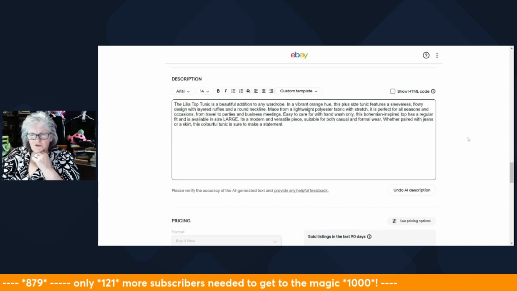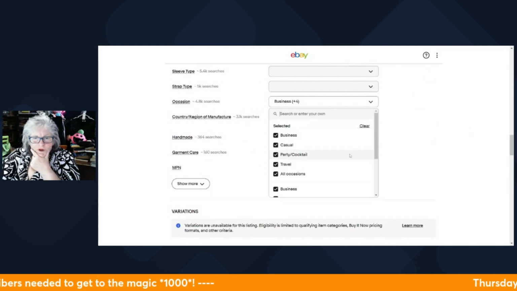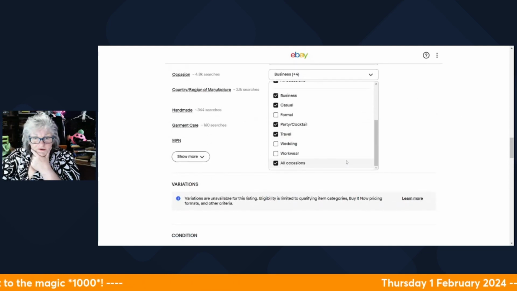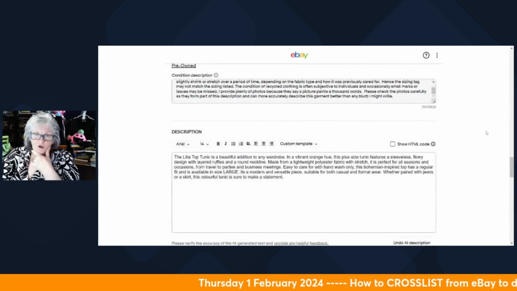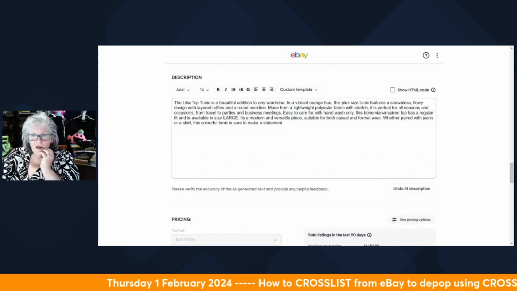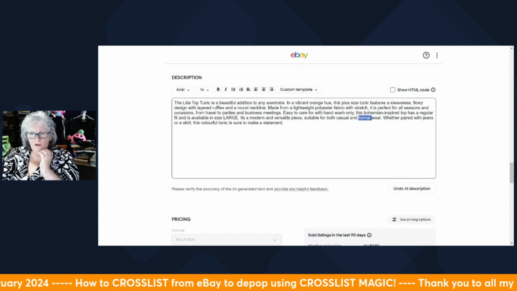Well, it's not really suitable for formal wear. Surely I haven't got that ticked. Let's have a look. No, I don't have formal ticked. So I don't know why it says, it thinks, and this is why you've got to read what AI says. Suitable for both casual and, I'm going to say,